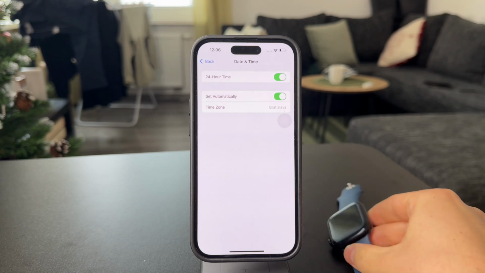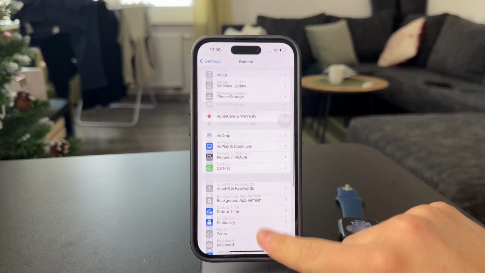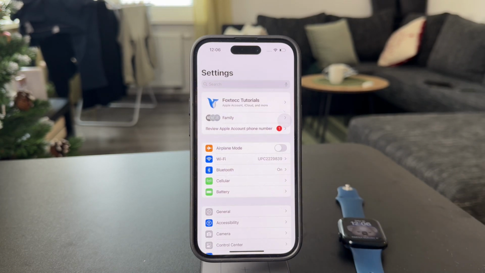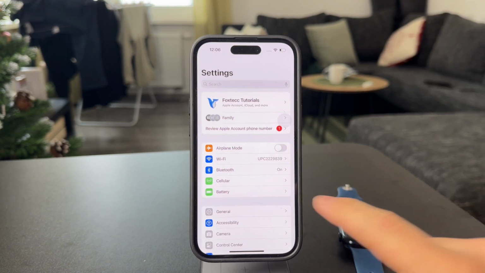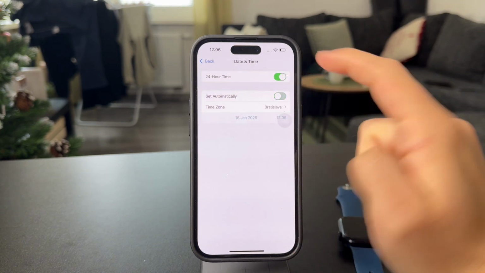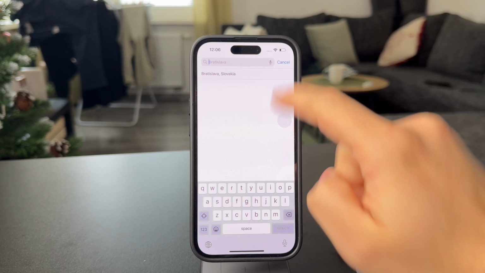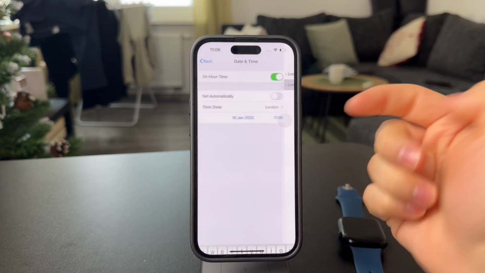However, if you, for whatever reason, just want to switch the time to a different time zone, you still can. In the settings of your iPhone, inside the general and then time, you can turn off the automatic time and choose a different time zone. This would technically work, it just wouldn't be very useful to see the wrong time on your wrist, so it